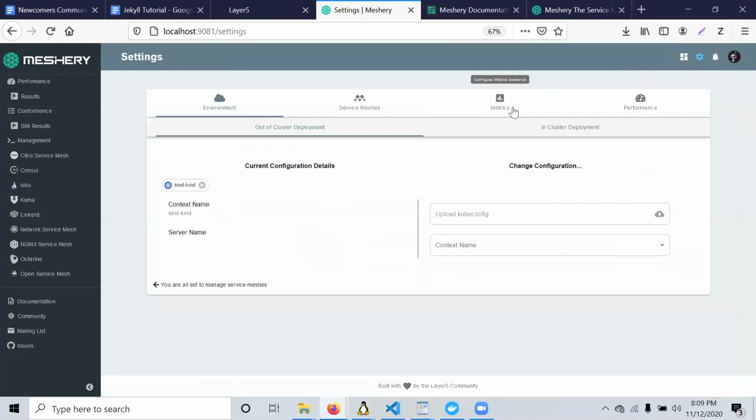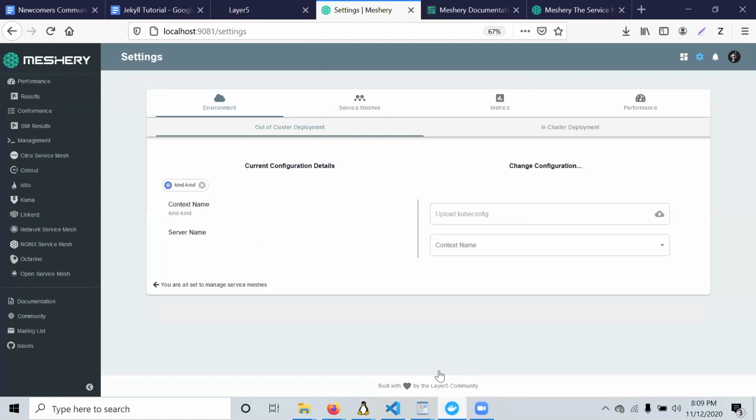Another cool feature of Meshery is that it auto detects your Docker setup, which means that it auto detects your kubeconfig file if it is placed in your home directory, which is where it automatically should be placed after installation. If you're going with either kubectl, kubeadm, or minikube, or any other setup, and it doesn't auto detect your kubeconfig, which it did for me because it was placed in the home directory, you can go ahead and manually upload the kubeconfig as well.